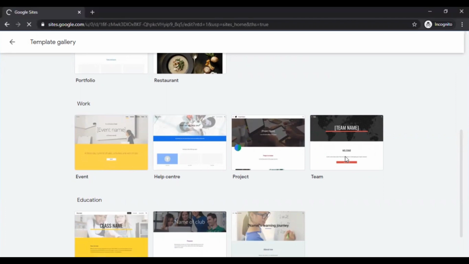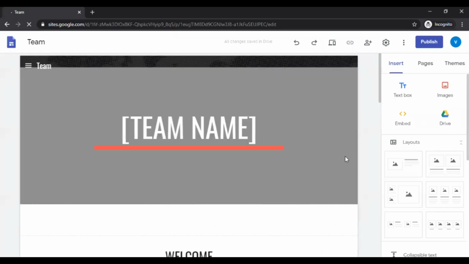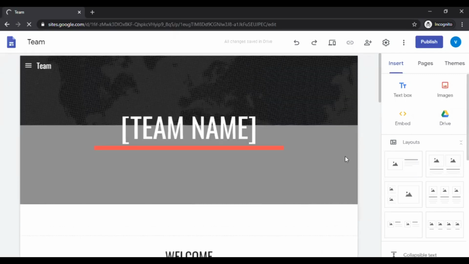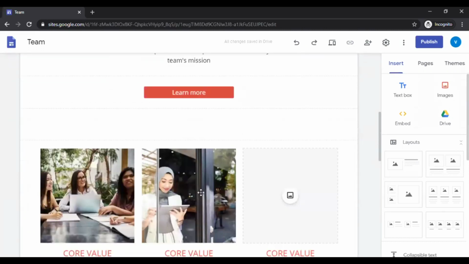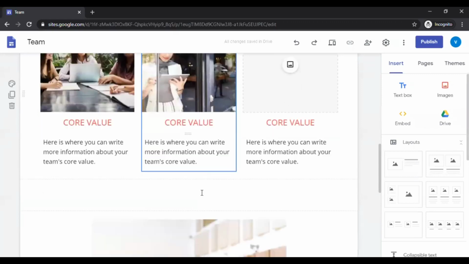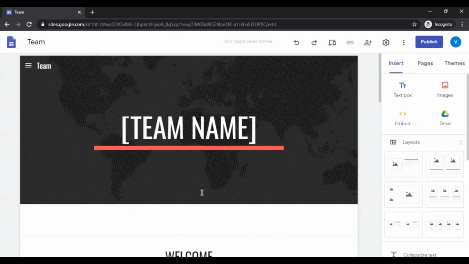Earlier, we needed to update a Google site based on themes. There are 5 themes where we need to use styles and fonts in the themes. Now, with these templates, we can easily create a website. You can see there are already images and text placed. We just need to edit it as per our requirement, and menus are placed.